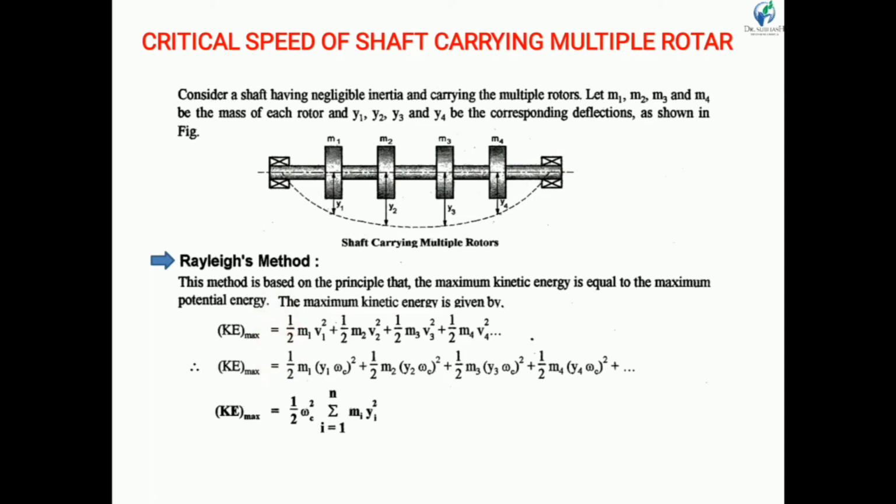So 1/2 m1, where omega c is the angular velocity and the deflection is y1, so (y1 omega c) whole square, plus 1/2 m2 (y2 omega c) whole square, plus 1/2 m3 (y3 omega c) square, plus 1/2 m4 (y4 omega c) square and so on. In a general way, maximum kinetic energy equals 1/2 omega c square sigma i equals 1 to n of mi yi